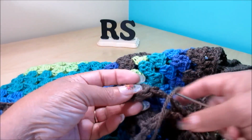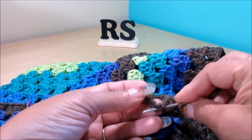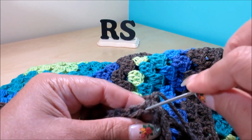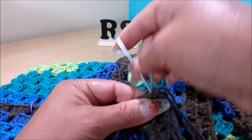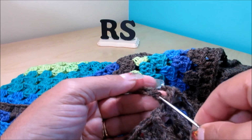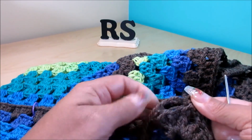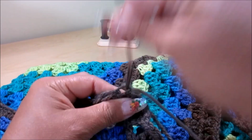So now we're gonna start sewing, and now with my tapestry needle I'm gonna come here in between the first and second chain here in the center at the tip, and I'm gonna pass my yarn. So I'm sewing in the chain space here in between this one and the next one, and that space in there I'm sewing. Now the same in the other side. Nice and even. So the space you see on top of this double crochet is like a chain, and in the next space like so you pass it through there,